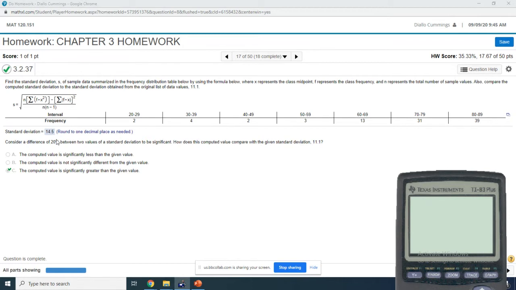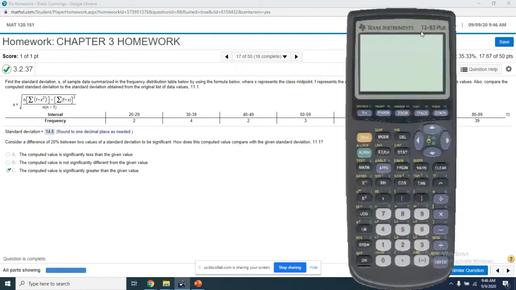Well, just as we calculated the mean of a frequency distribution, meaning that we found the midpoint for each interval, and we use a calculator, we put that in list 1. We put the frequency in as list 2, and we use the one variable statistics. We'll do the exact same procedure to find the standard deviation of a frequency distribution. All right, so using my calculator,